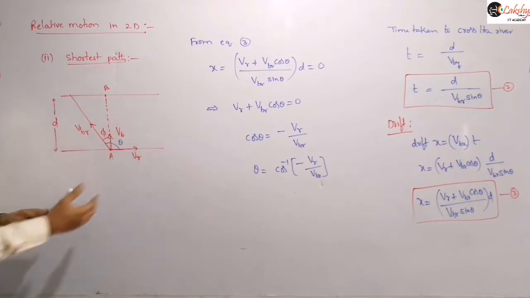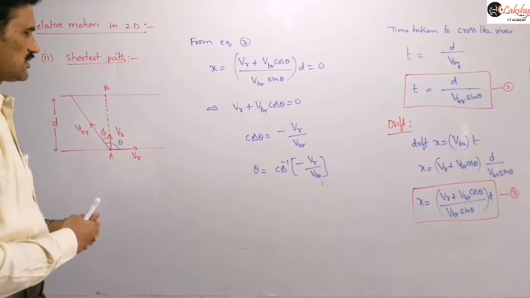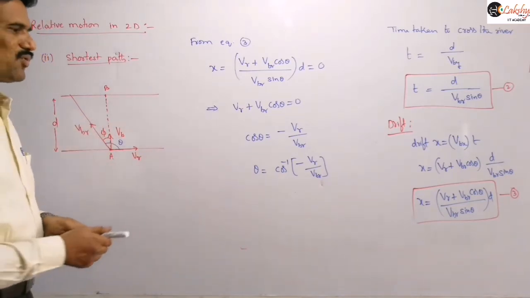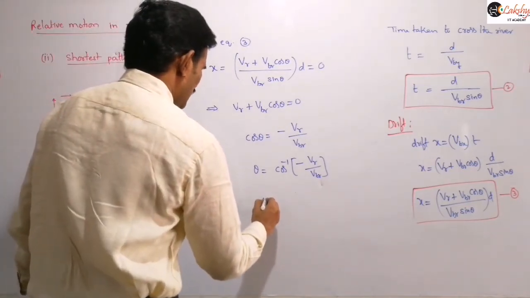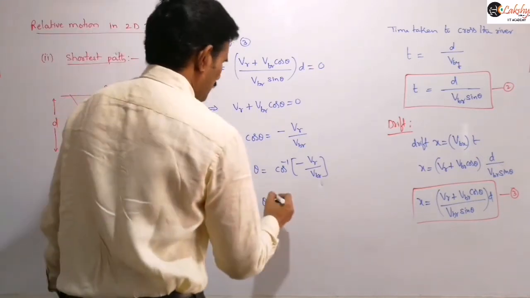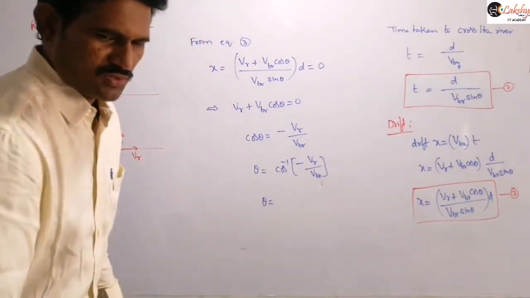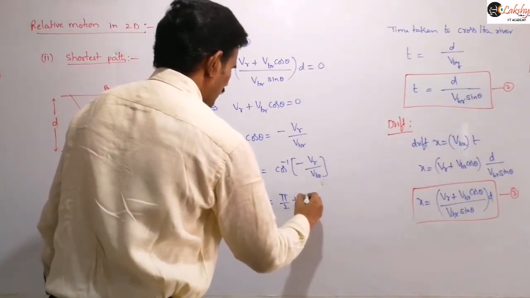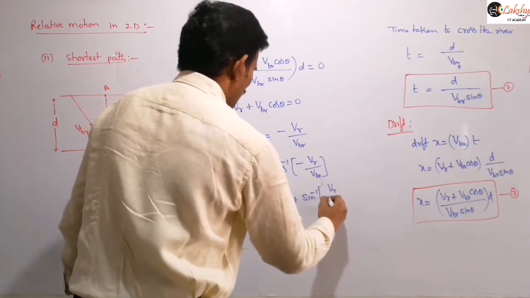And now, the negative sign is somewhat confusing while writing the angles, so let us take it directly in terms of this phi. The same angle I can express as theta is equal to pi by 2 plus sine inverse of VR by VBR.